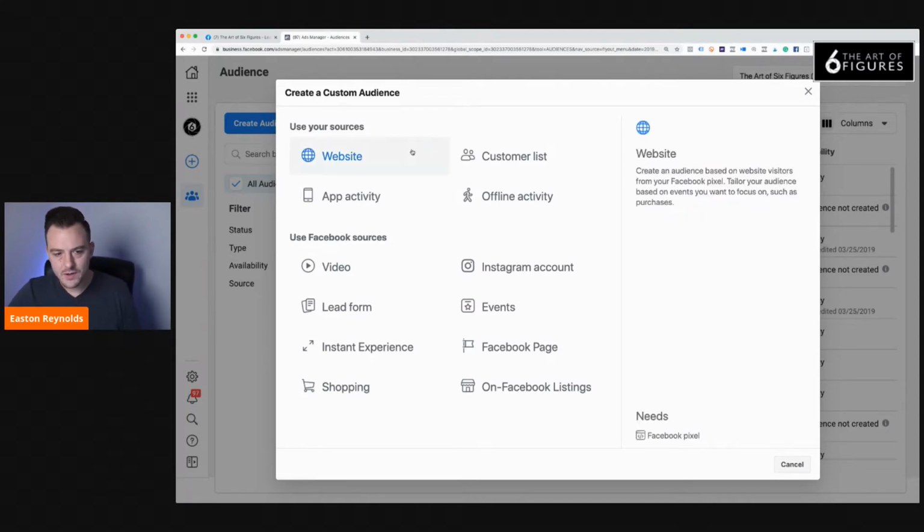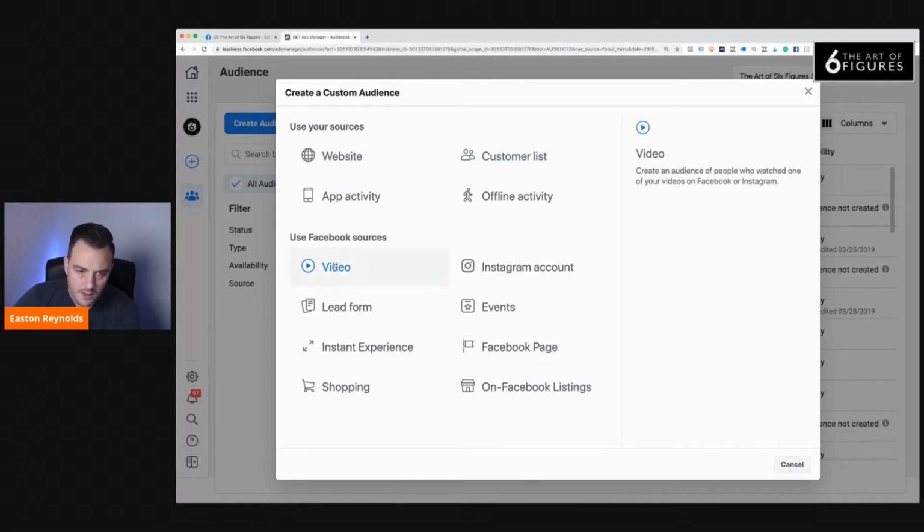Okay. And these are all the different things that we can use as retargeting ability. So we have people that have visited your website, the custom customer list that we talked about, which is where you export all your past clients or your entire email list and you upload it to Facebook using this. Then we have the video where if you post a video on your business page, anybody that watches it becomes